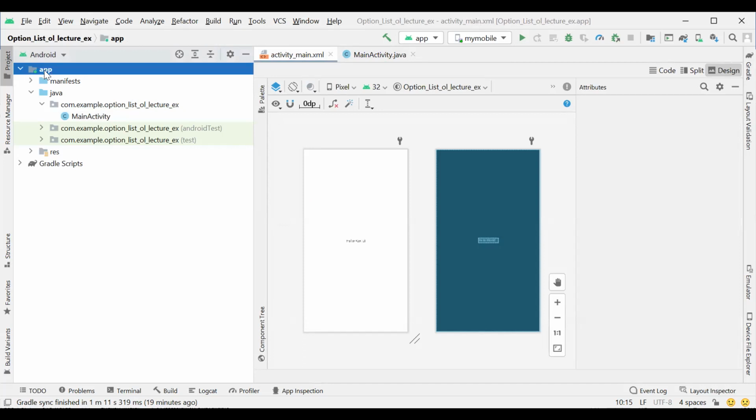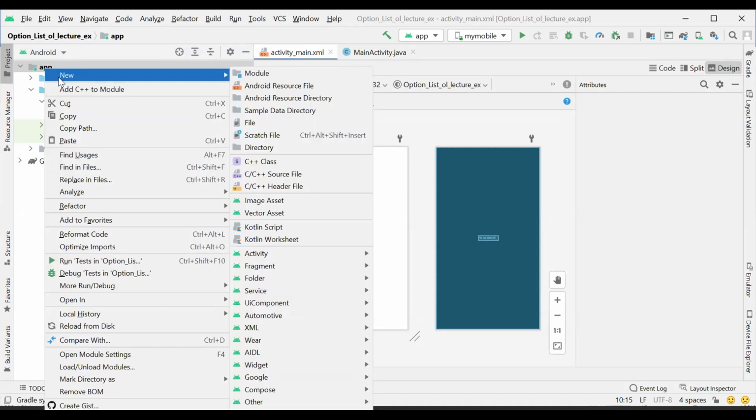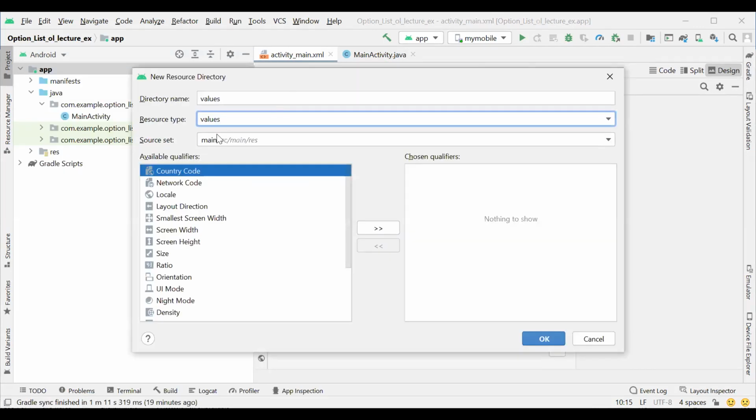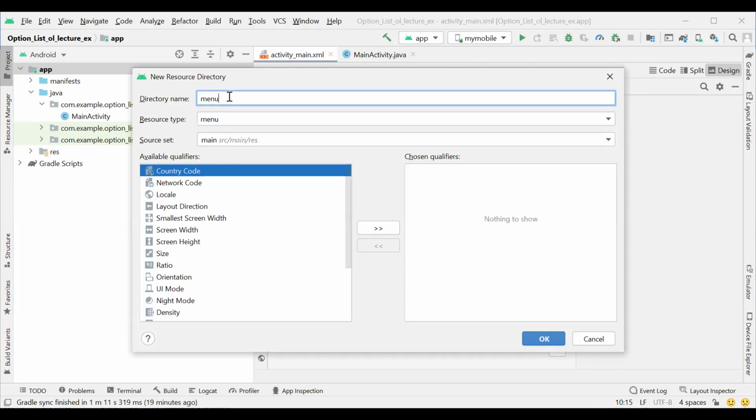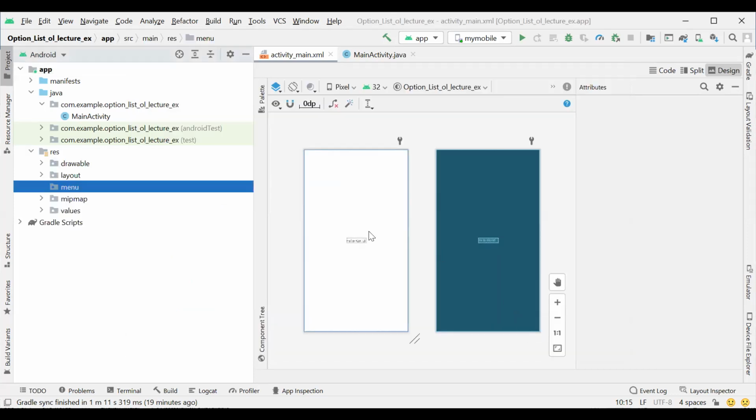For that, we right click on app and click on New, Android Resource Directory. Here we choose the resource type as menu, the directory name is menu, and we click OK. Here you find the menu folder.